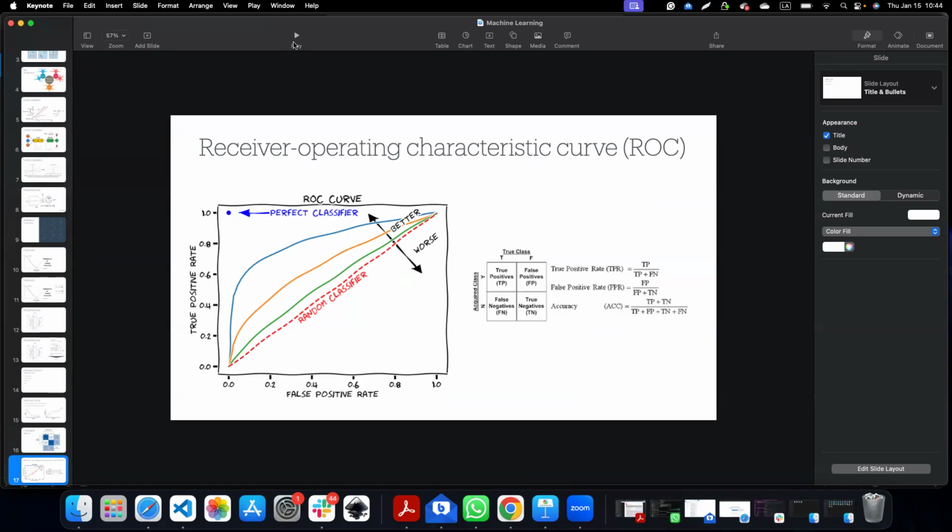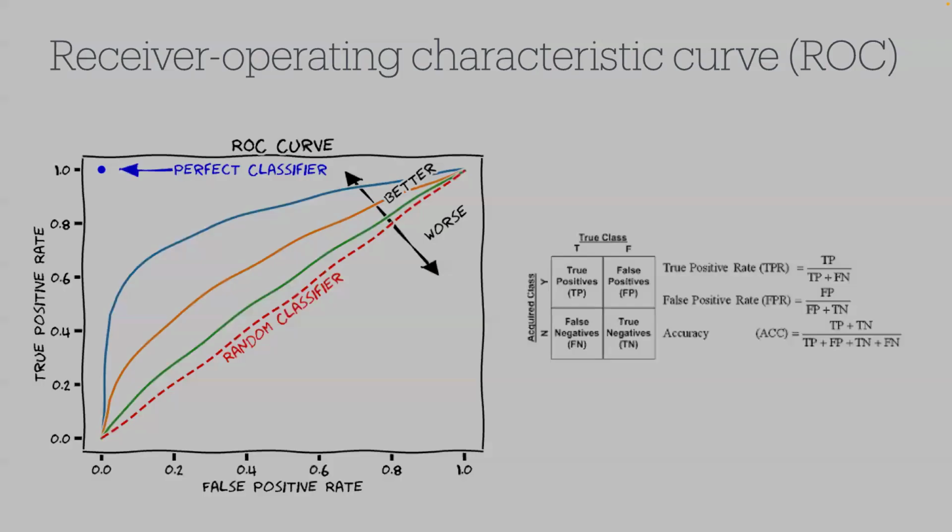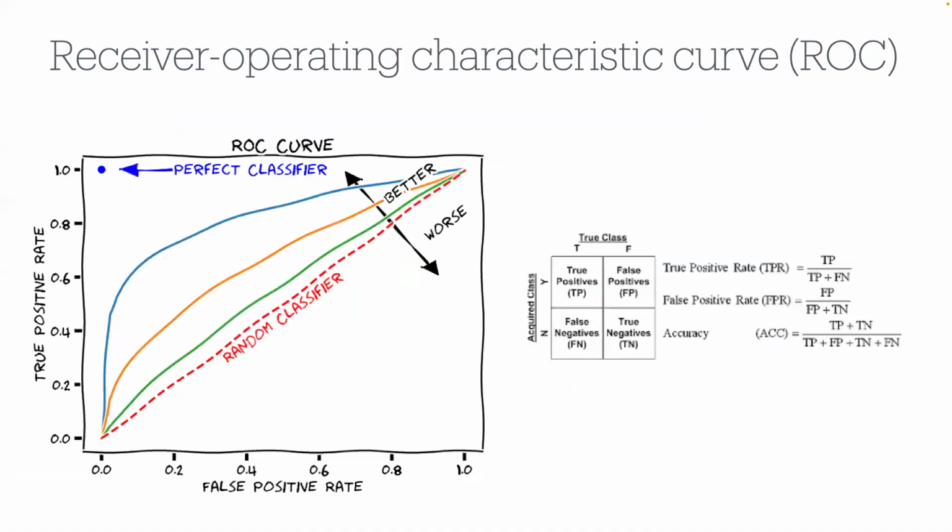You obtain it by plotting the true positive rate